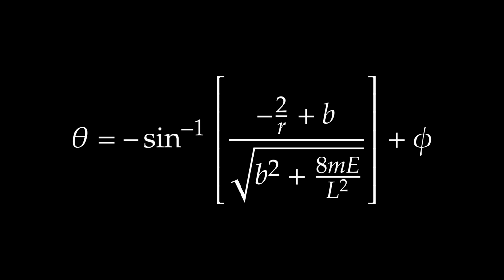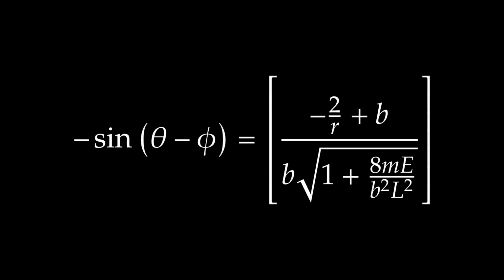I'm going to realize that if theta is equal to the inverse sine of this quantity, then the sine of theta is in principle equal to that. Before I do that, I'll take my constant of integration here, which is a constant of integration associated with the angle theta. So it too is an angle, in principle in radians, which I'll subtract to the other side, so it's theta minus phi. So what I'm looking at is the negative sine of theta minus phi is equal to, now